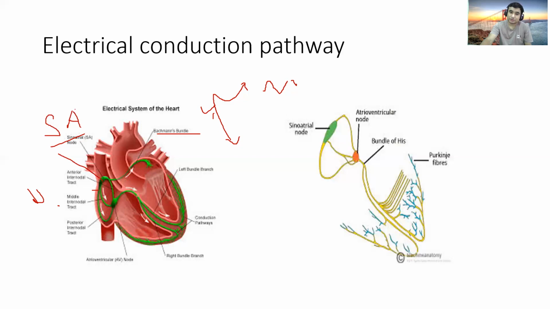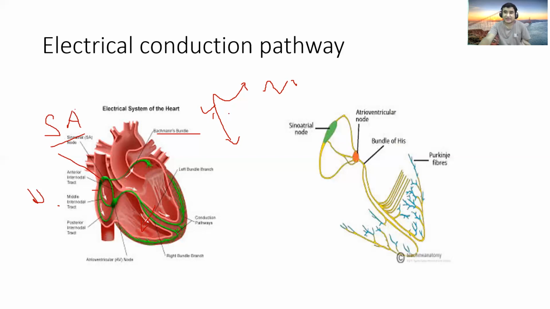Okay. Then once it comes to the AV node, there is some delay. After that it passes through the bundle of His. Then in the septum, what happens? First of all, the depolarization occurs from left to right, and then by the Purkinje system, it will depolarize the whole heart. The direction of depolarization is from endocardium to the epicardium, whereas the direction of repolarization is from the epicardium to the endocardium. So this is how the current flows.